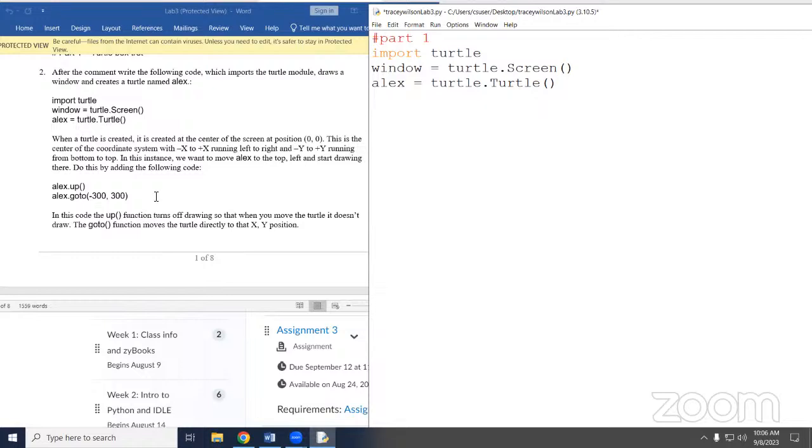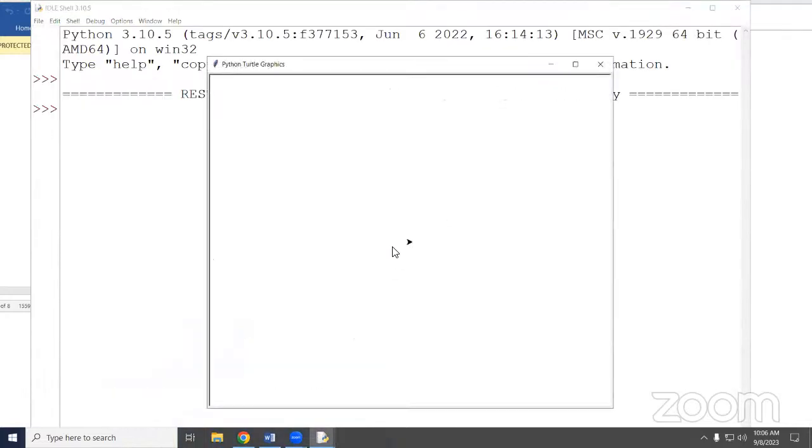So once we've done that, we've created a turtle, and you can stop here and save it and run it. It pulls up the window and you got your little turtle. Right? Now it's a triangle, so let's change its shape because I like it when it looks like a turtle.